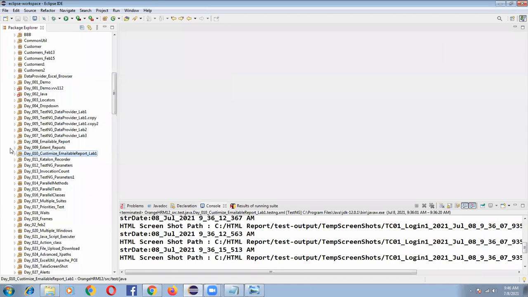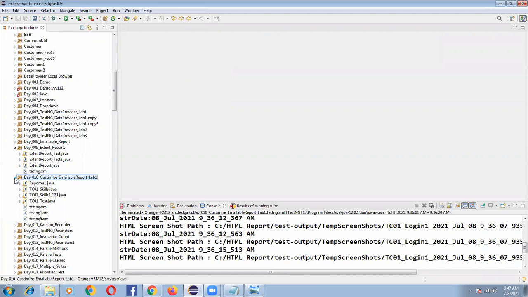Now let's go to the next part, extent reports. From these labs, lab number 8, 9, 10, what we are going to learn is how to write log statements. If you join any project, they will guide you during the KT sessions on how to write log statements.